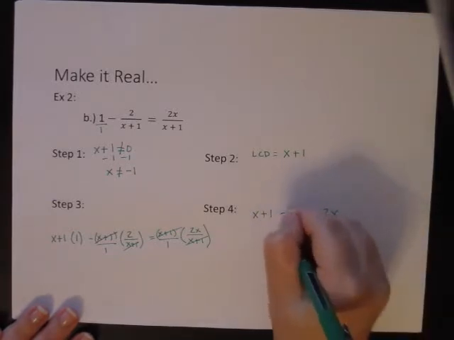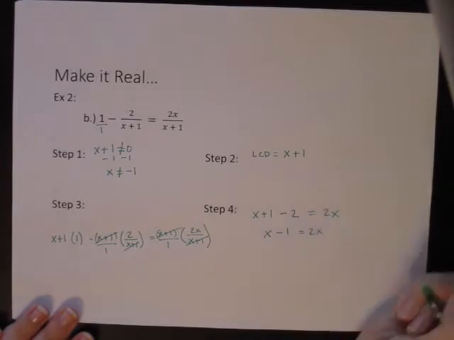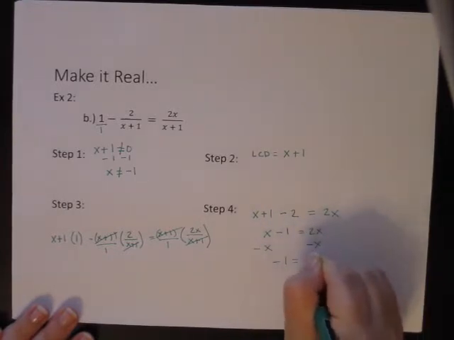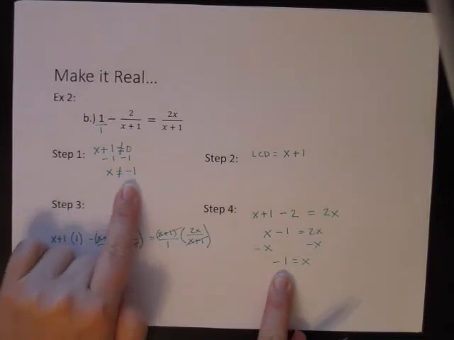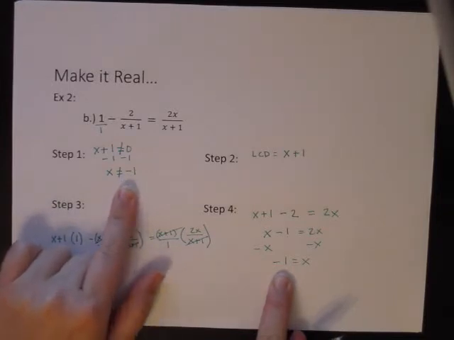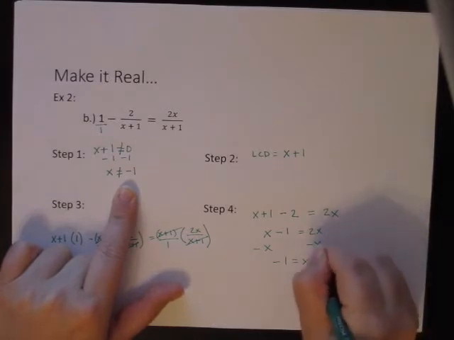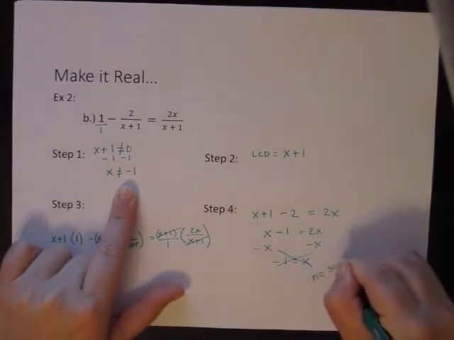So I combine my like terms, so I got x minus 1 equals 2x. I subtract x on both sides, so I got negative 1 equals x. Now I have to ask, does this solution make sense? Well, I got my x to equal negative 1. Are we allowed to have x equaling negative 1? Absolutely not. So what this means is we would cross it out, and we'd either put no solution,